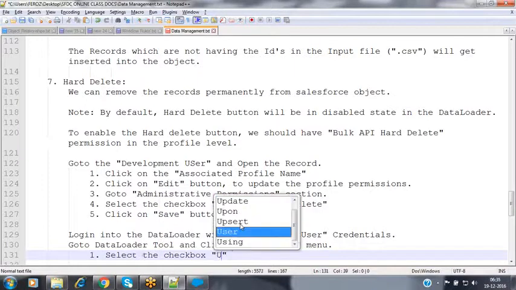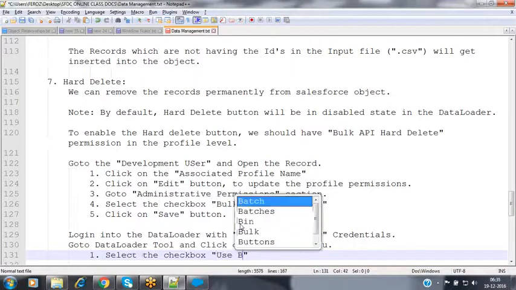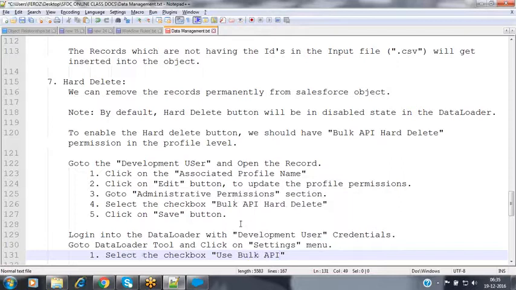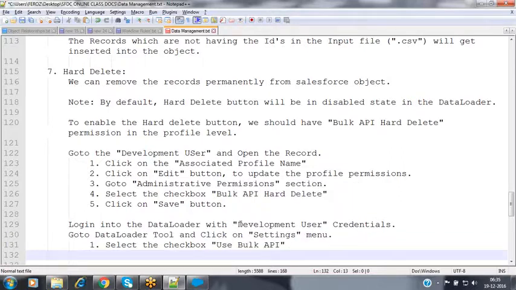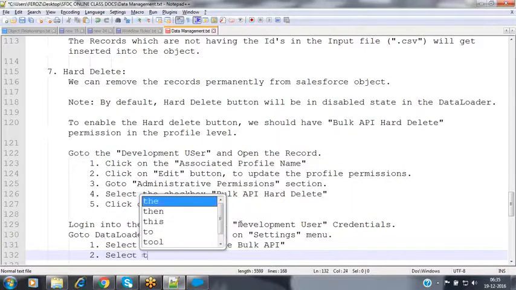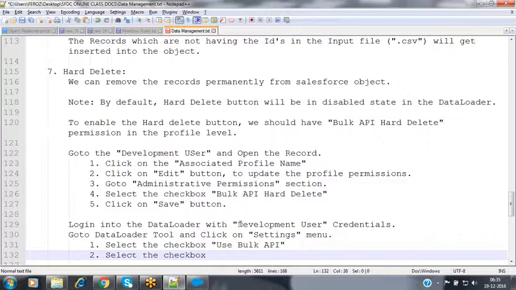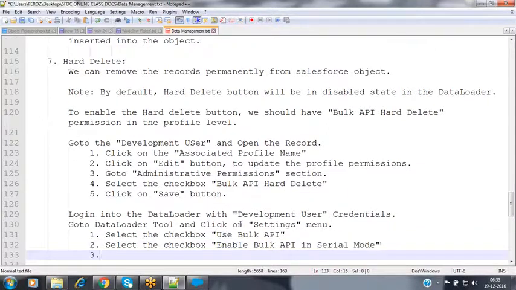Select the checkbox, use bulk API, and select the checkbox, enable bulk API in serial mode, and click on save button.